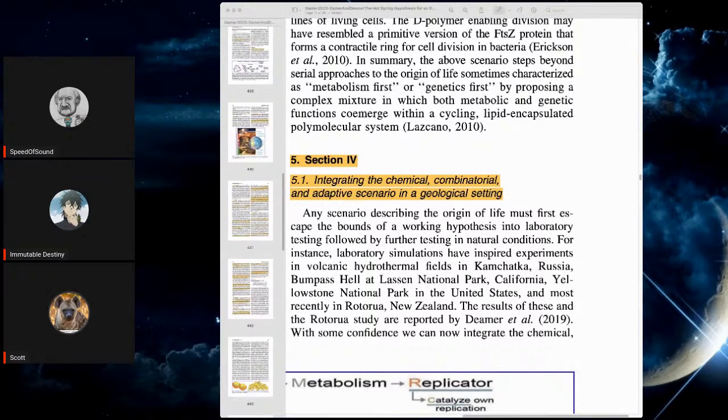For instance, laboratory simulations have inspired experiments in volcanic hydrothermal fields in Kamchatka, Russia, Bumpass Hell at Lassen National Park, California, Yellowstone National Park in the United States, and most recently in Rotorua, New Zealand. The results of these and the Rotorua studies are reported by Damer et al. 2019. With some confidence, we can now integrate the chemical,